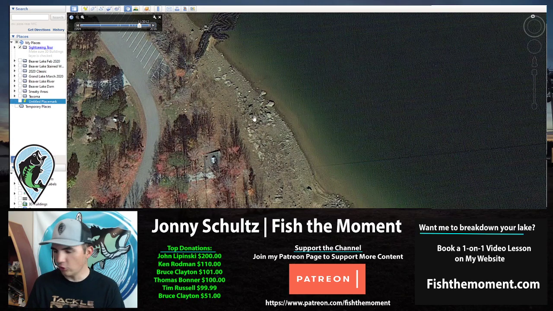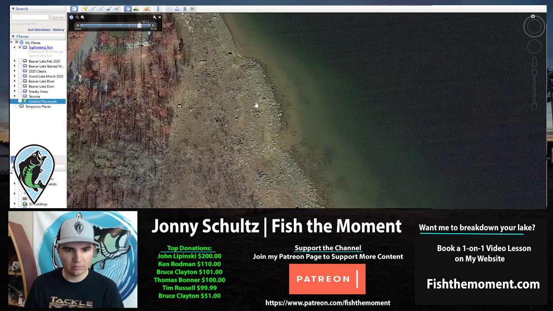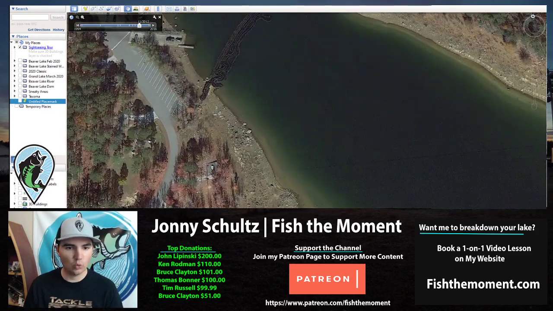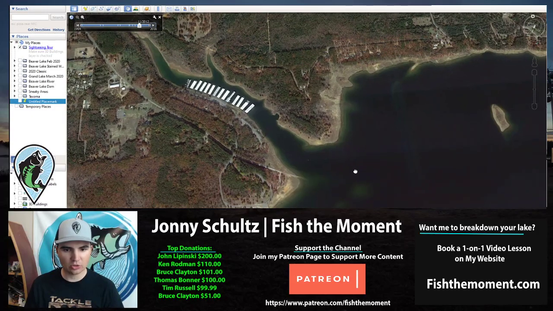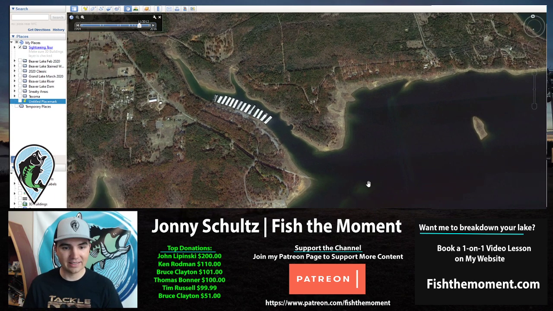And you basically are going to be able to make an inference that there will be some crawfish, things like that, in these rocks, just based on the fact that that's where the crawfish will live. But at the same time, not just looking for crawfish, I'm also looking for bait fish. And so a lot of times what I'll do when I start getting to the lake, and this is something that actually Brian Thrift, he's my favorite bass fisherman in the world. I love Brian Thrift. And one thing he talked about in one of his podcasts that he does is he